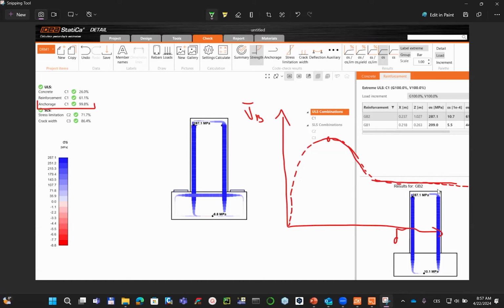So this level will start to be different. And we are not capturing the reality because we are a design software, and we are using design material properties that are coming from the Eurocode. So we are using what is written in the code, and in the code